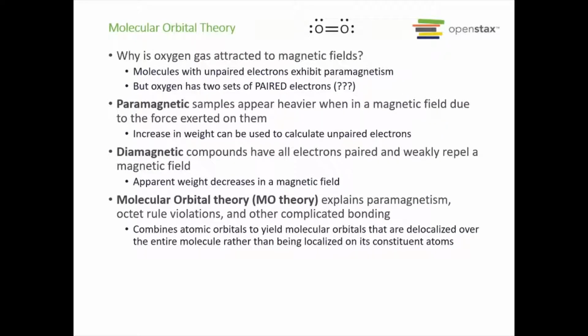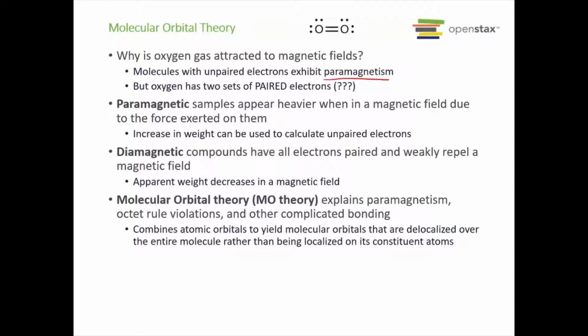So we're first going to talk about the thing I alluded to at the very beginning of chapter 8. Why is oxygen gas attracted to magnetic fields? If you have a molecule with unpaired electrons in it, it exhibits what is called paramagnetism. And these are attracted to a magnetic field. They appear heavier in a magnetic field due to the force that's being exerted on them, which can be used